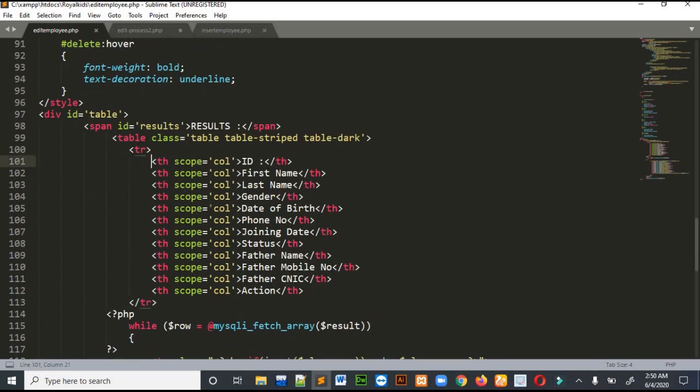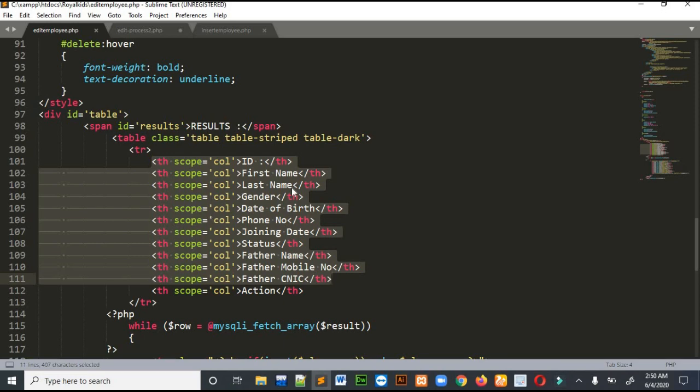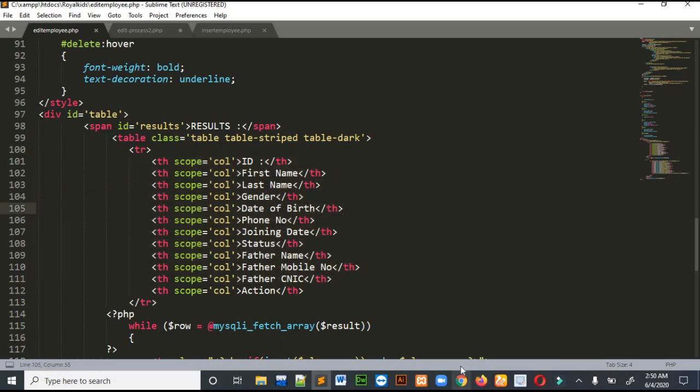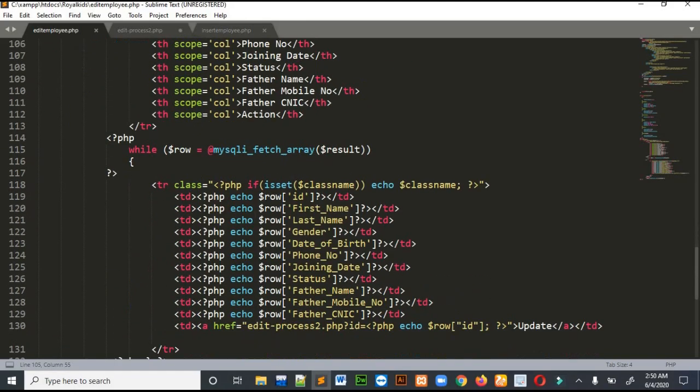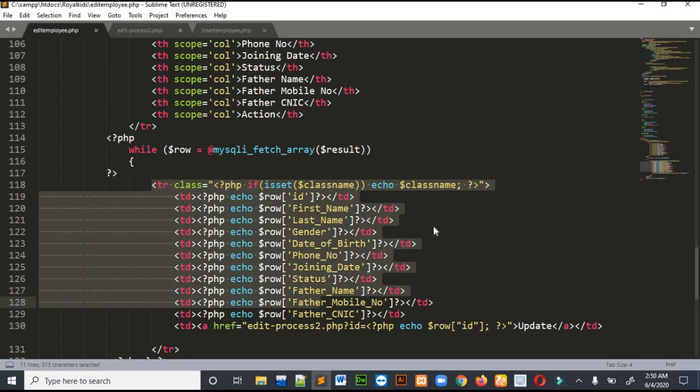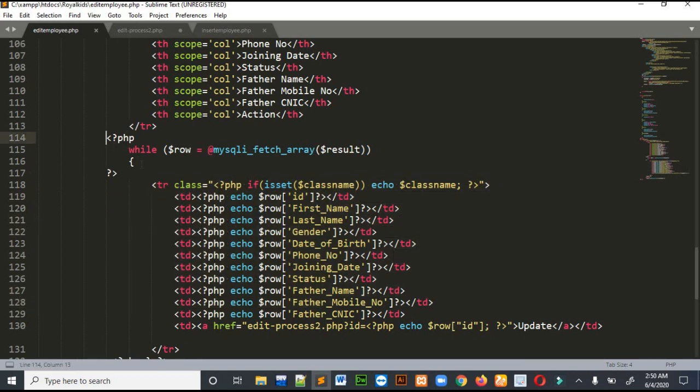So this is the first row of the table, which is obviously the heading. On the second row I am showing the data of the employees one by one. There is a loop in the PHP section which says mysqli fetch array, that fetches the array and places the whole array in the row variable.